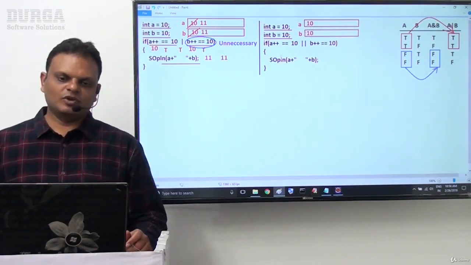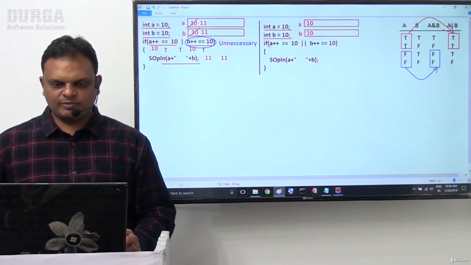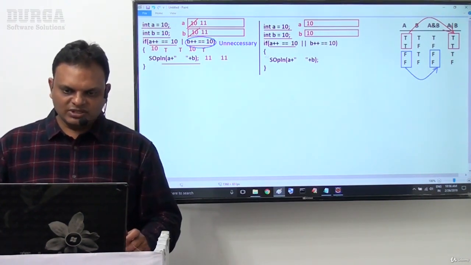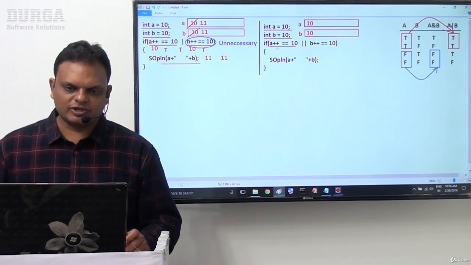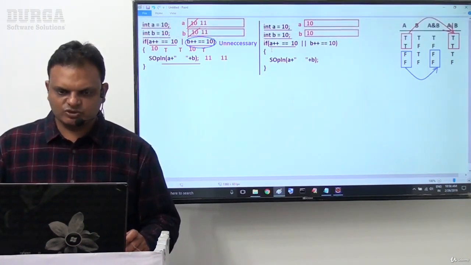Okay, fine. Now coming to the conditional expression: if A plus plus double equals 10, double OR, B plus plus double equals 10. Now in this scenario, A plus plus double equals 10. A plus plus is which one here? Post increment. Post increment, what is the meaning of it?